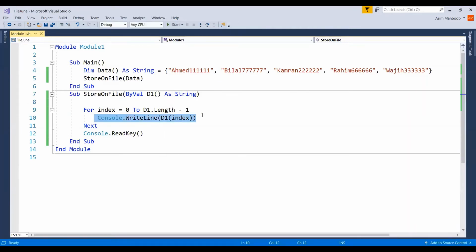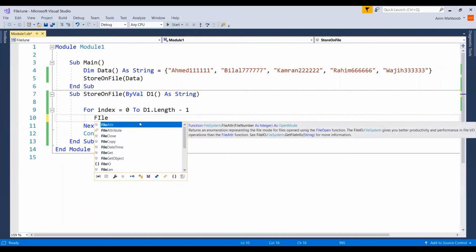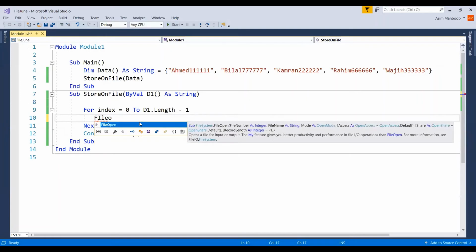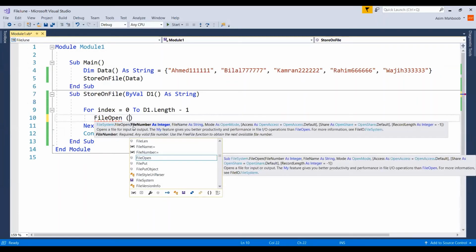स्टॉप करने दें मुझे, ओके। हमने क्या करना था जी, हमने तो प्रिंट फाइल के ऊपर लिखना है। ओके, फाइल के ऊपर सबसे पहले हम फाइल खोलेंगे, फिर से फाइल ओपन, यहाँ पे फाइल ओपन की कमांड ये आ गई, ठीक है। जब हम फाइल ओपन की कमांड यूज करते हैं तो इसमें सबसे पहले देखें आपसे क्या मांग रहा है। फर्स्ट ऑफ ऑल इट आस्क्स यू फाइल नंबर एज इंटीजर,